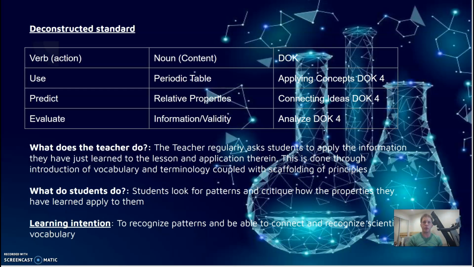The science standards, the Next Generation Science Standards, which are part of the Common Core, are all about incorporating engineering, modeling, and everything mathematical into science all together to really get that full STEM effect. So teaching the students how to model, not just that it is a model, and understanding the importance and the validity of that model. So the learning intention is overall to recognize the patterns, be able to connect them, and